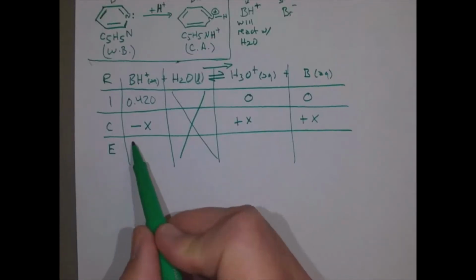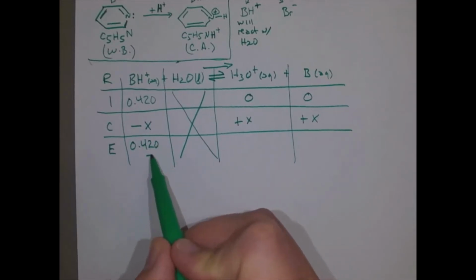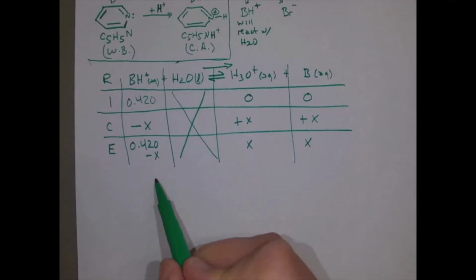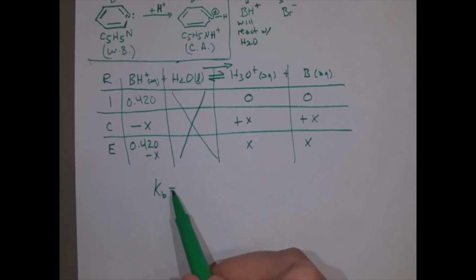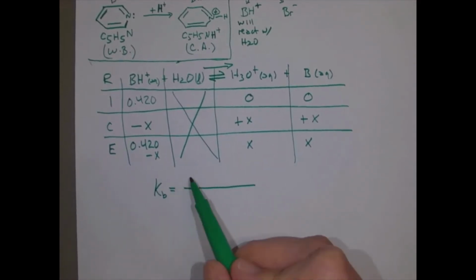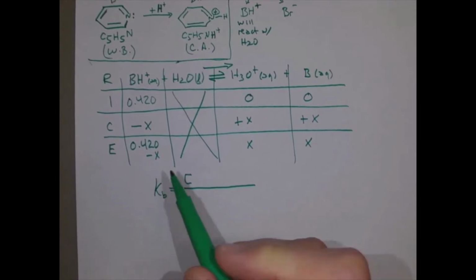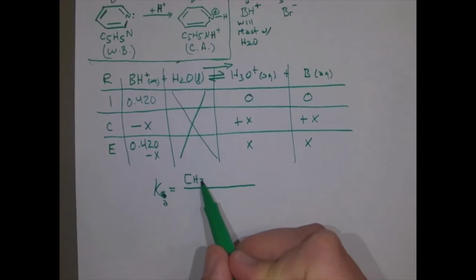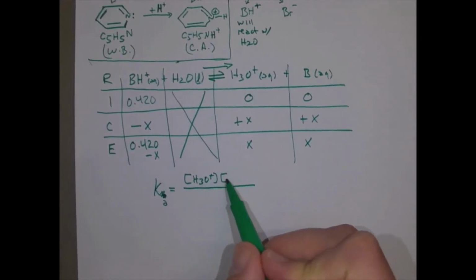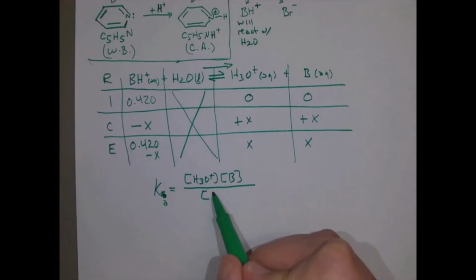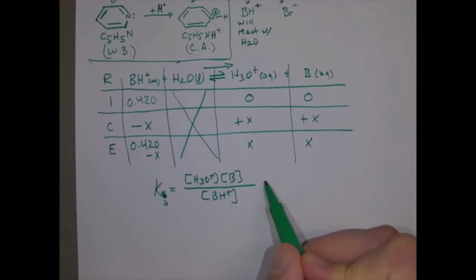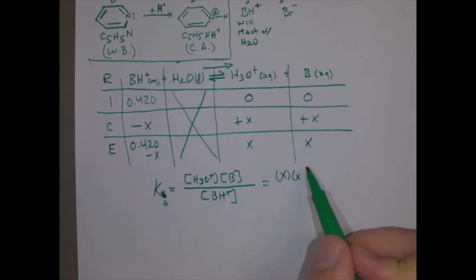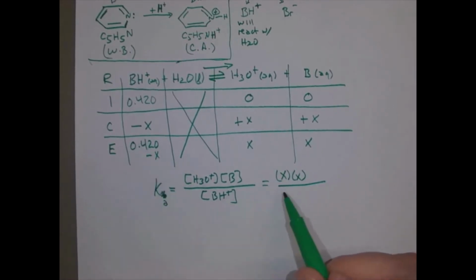So we bring our columns down, 0.420 minus x, x, and x. And then we know what happens next. I'm going to put that into the expression for the Kb, which is, the Ka. This is behaving like an acid, so this should be a Ka. So H3O plus times B divided by the BH plus, and that's equal to x times x over 0.420